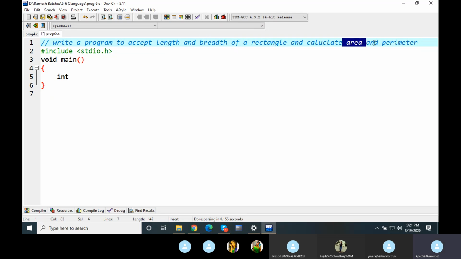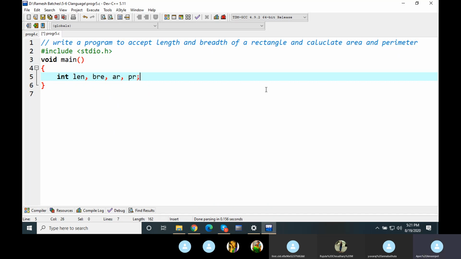For area is one more variable, and for perimeter also one more variable. Four variables are needed. If you are starting with int, all of them you can continue with the same integer type. So you take one variable as len for length, bre for breadth, ar for area, and pr for perimeter. These are the variable names.